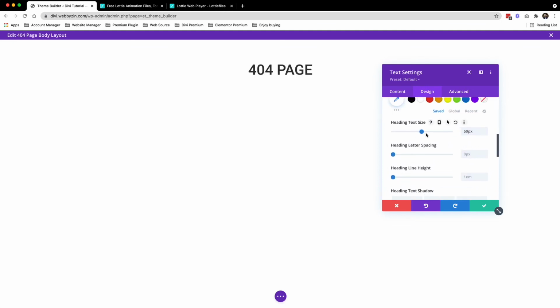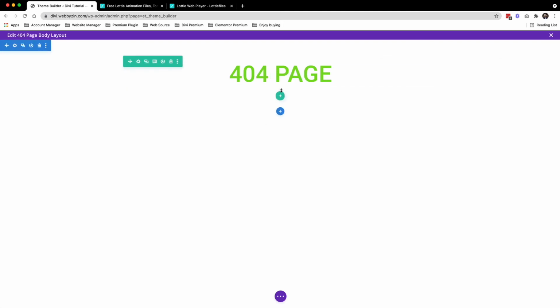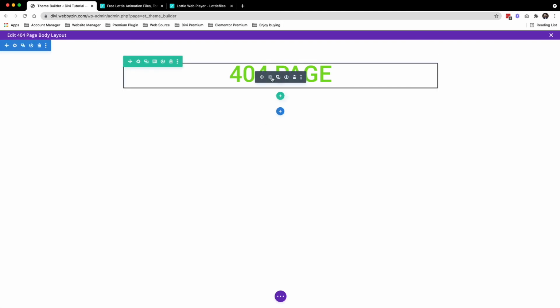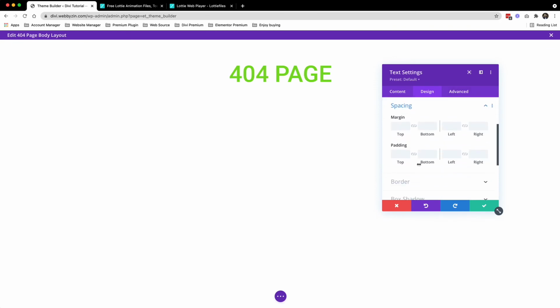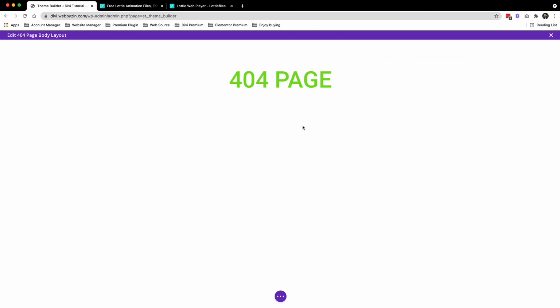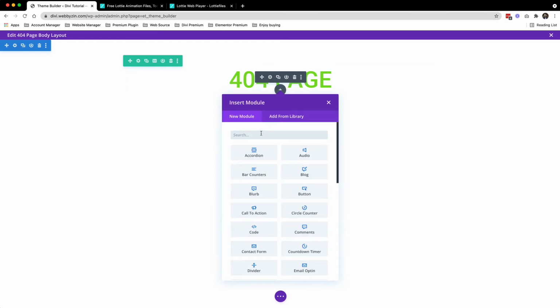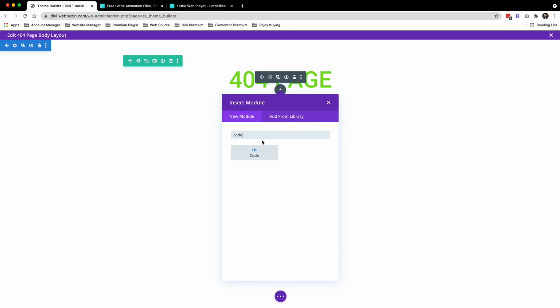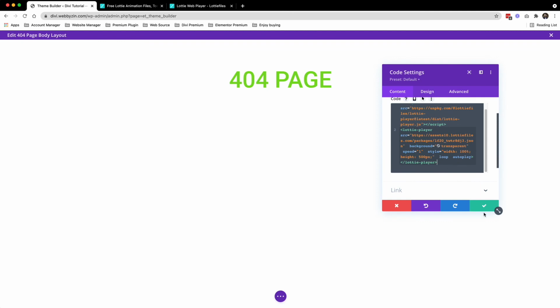Must be bigger, like this, with another color. I think this one. Okay. So after this one, let's see. Like I have the space. And after the title, I will add the animation. So right now I put the code, paste the animation code here,